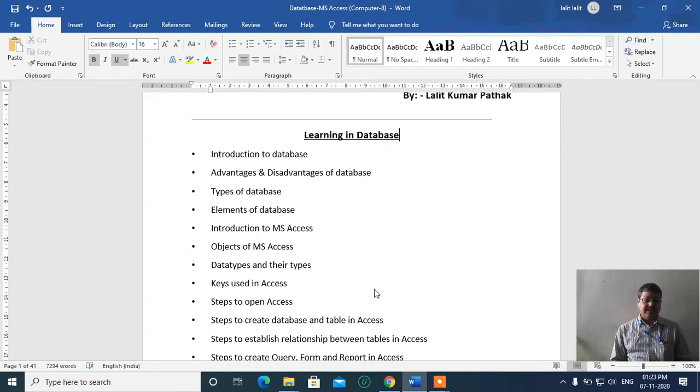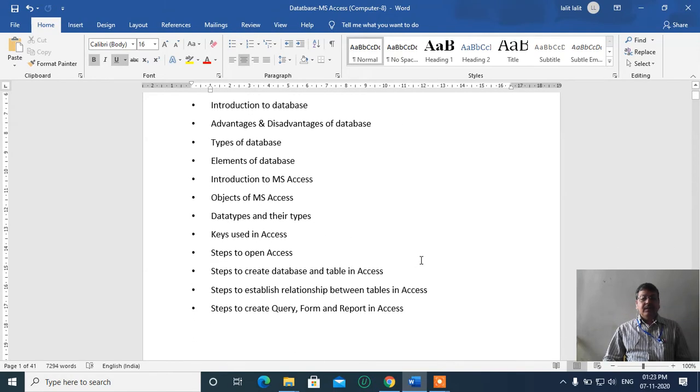Then the last topic is how to create query, form and report in MS Access.